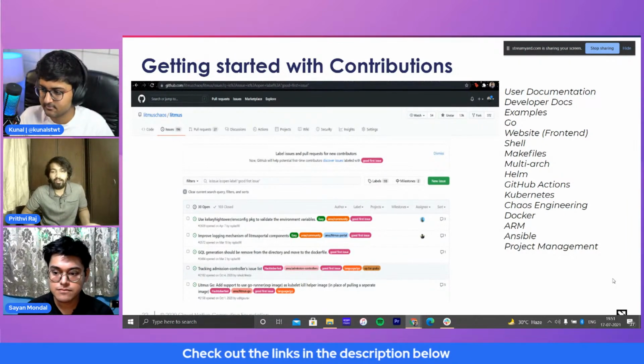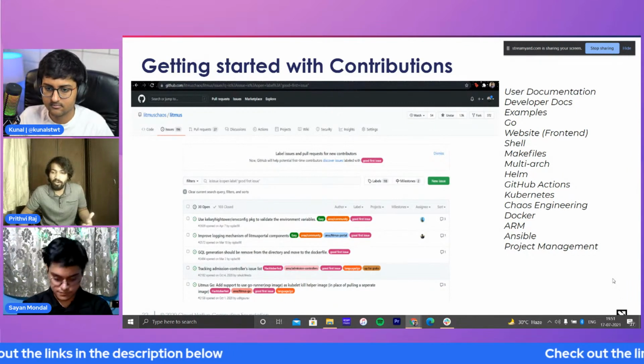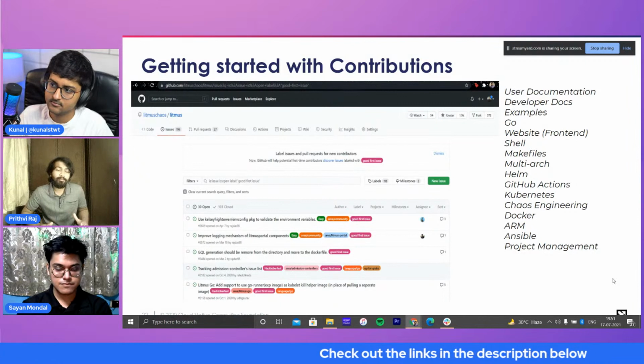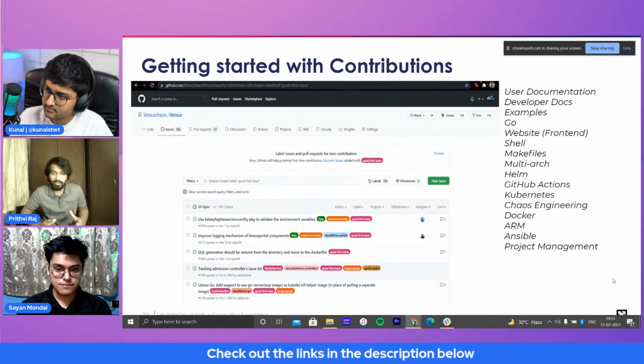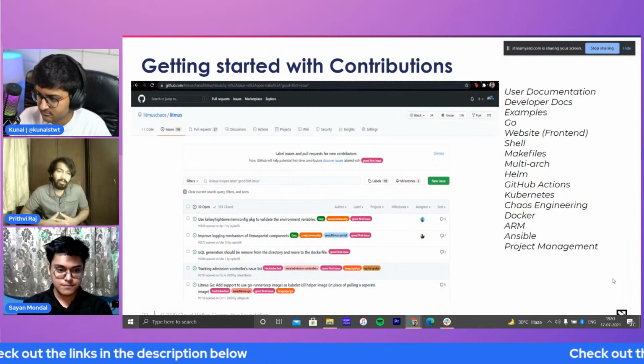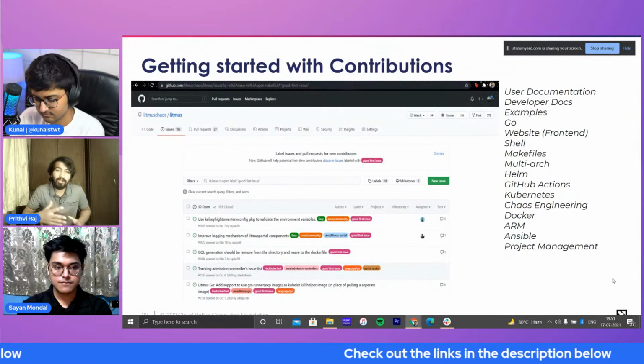Non-coding contributions can also come in terms of documentation and the developer docs. So the docs, the beta docs are already out there. I think it's more important to understand what chaos engineering is. So before getting started with Litmus, before getting started with contributions, what is important is to understand this